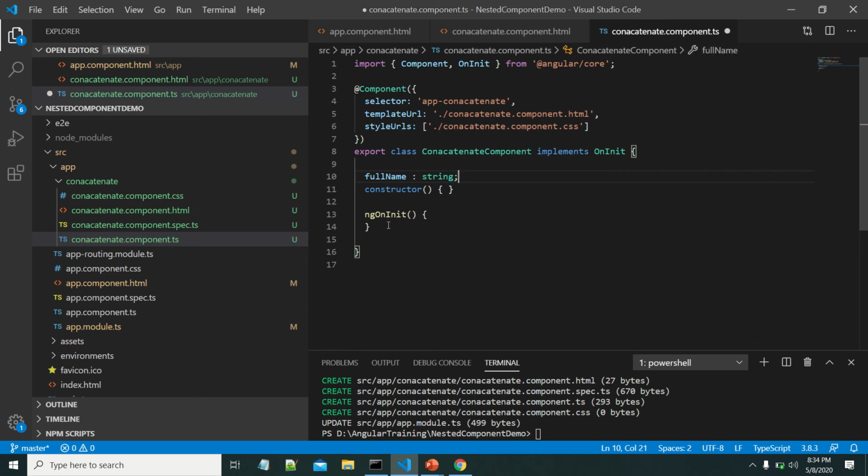Okay, let me add one method also. It takes two parameters, of type string.